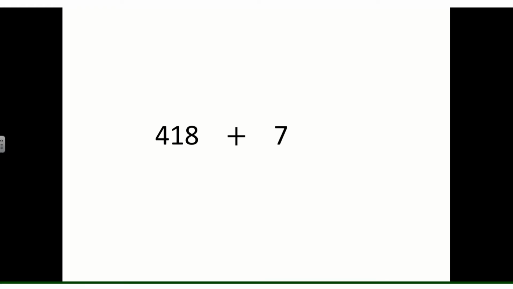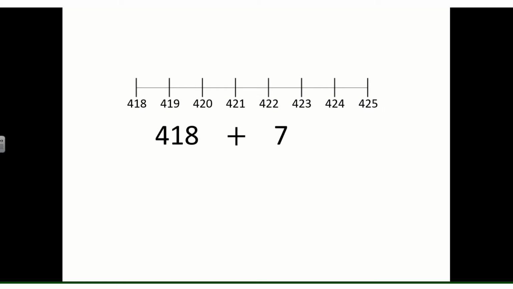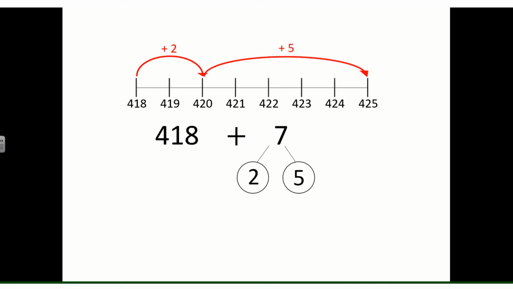Let's have a look at this one. 418 plus 7. This time we're going to look at it on a number line. Here we would like children to be able to recognise that 7 can be partitioned into 2 and 5. And the reason we've partitioned it into 2 and 5 is that 2 is a number bond with 18 to make 20. It takes us to the next multiple of 10. That means then we've just got 5 more to add on, which is much easier for children to see,